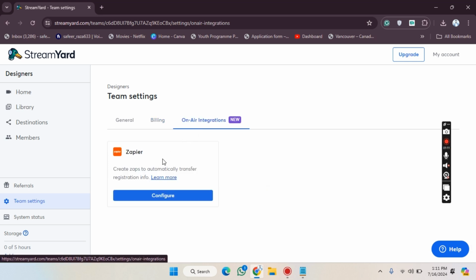On air integrations, if you want to check out this on air integration, you can also do that. Create as apps to automatically transfer registration info. You have to create this as, and it has an option for the configure. So you have to click on the configure and it will be automatically done. So in this way, you can manage your team setting options on the